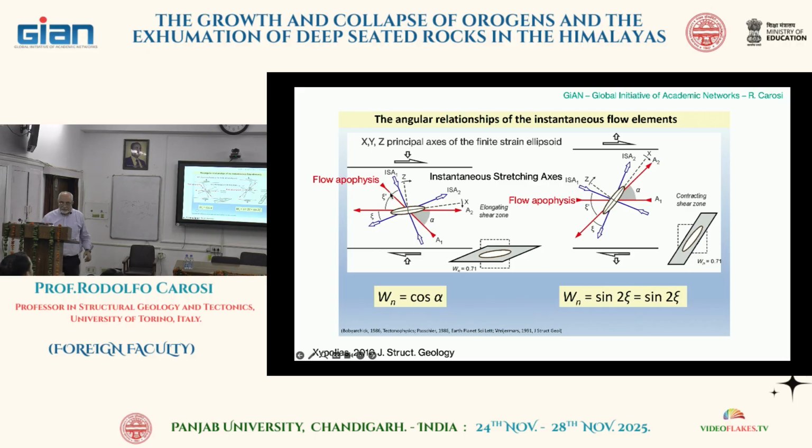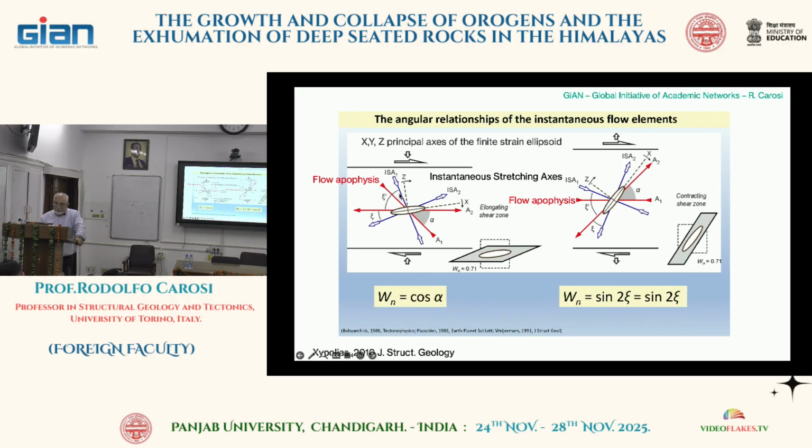And also the flow apophyses are not easy to observe in the rock, because you cannot see the displacement of the particles. So it is not easy to deal with this object. The vorticity is the cosine of the angle between the two apophyses. So if it is possible to see the apophyses in the rock, I can calculate the cosine of this angle and I have the vorticity, but it is not so simple. In this case,